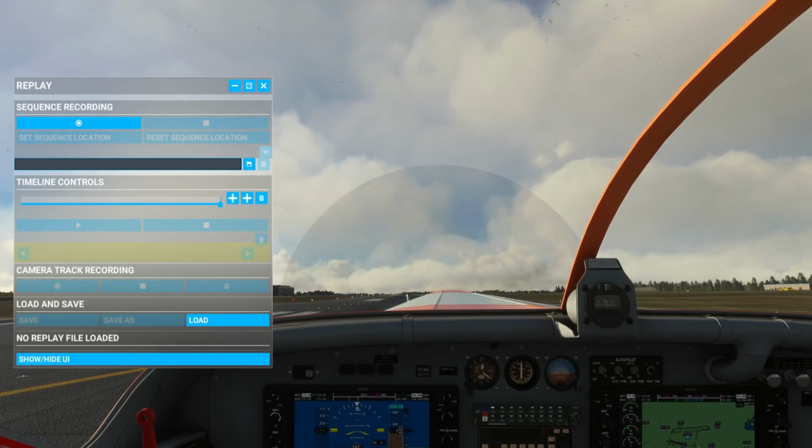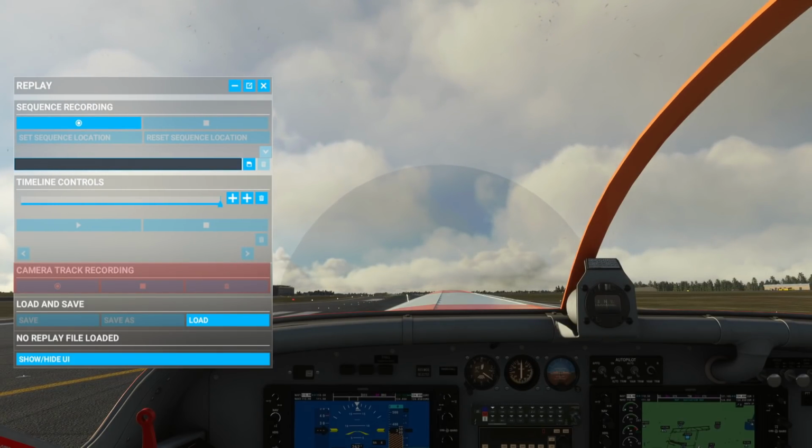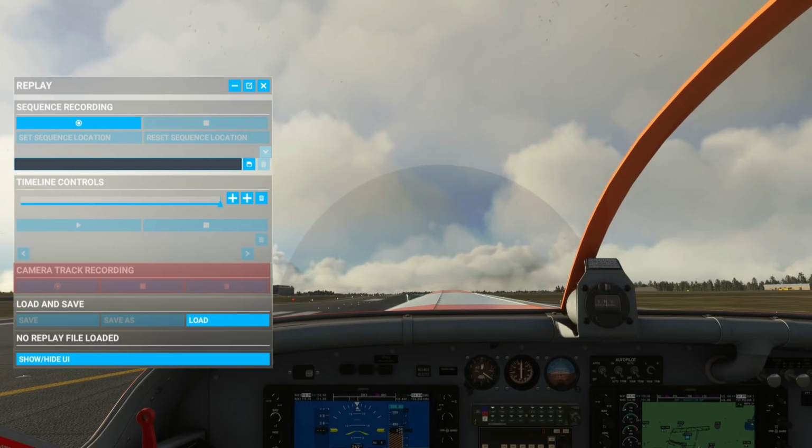Down here you've got tracks. This will make more sense once we've recorded something. Camera track recording. This allows you to swap to a new camera track and basically film a new kind of cinematic collection of camera movements as opposed to going off the ones you recorded as you were flying. It will make more sense because it is quite confusing, so it will make more sense when we've recorded a